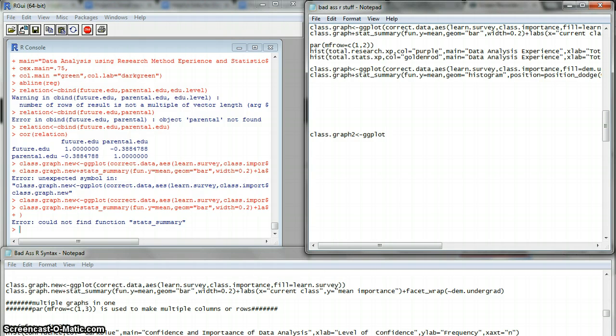Okay, so you begin with ggplot, and then within this you put your data set. I've called my data set correct.data. After this, you're going to put in the word aes. I'm not sure what it stands for, but I know you have to use it whenever you're creating ggplots. And within the aes, you're going to do your 2 variables, which mine are learn survey by class importance,